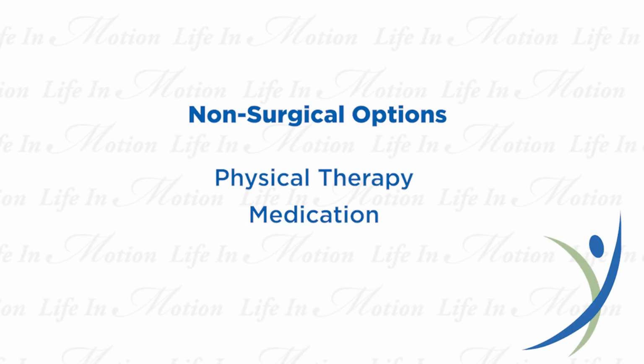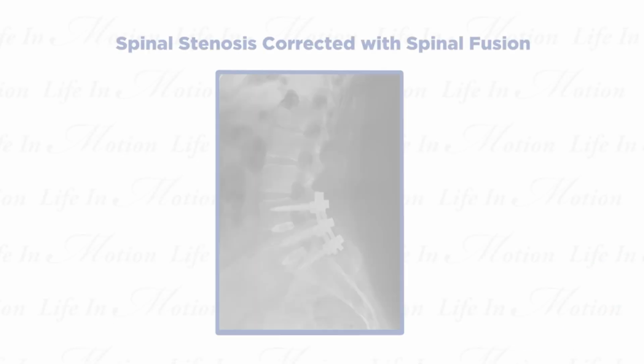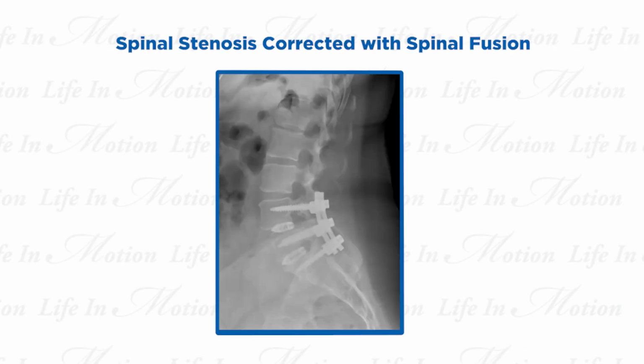I even think she tried a couple epidural injections, and she would get relief, but it wouldn't be long lasting. She would only feel better for a couple of weeks at a time after the injections. And because this was having such a negative impact on her quality of life, she elected to pursue surgery. So what we did in her case is we opened up the spinal canal